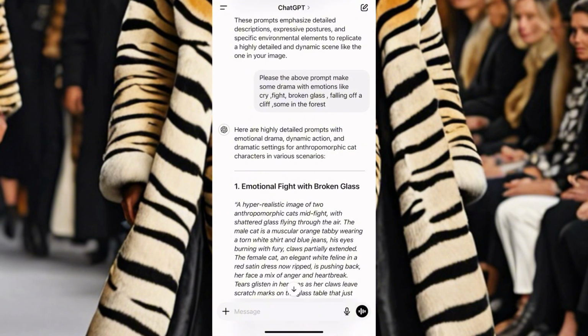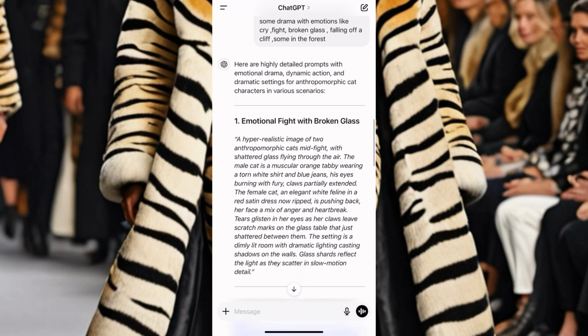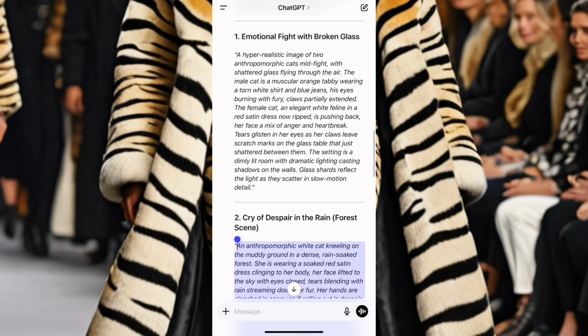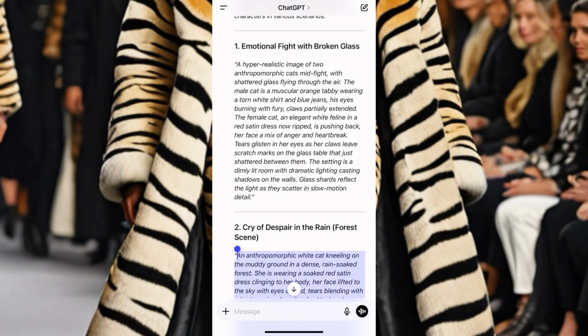The ones ChatGPT gave me first were just loving. So when it comes to AI, we need to make some drama. I wanted the dramatic, and AI gave me back this. You can see shattered glass flying through the air. The male cat is a muscular tabby wearing